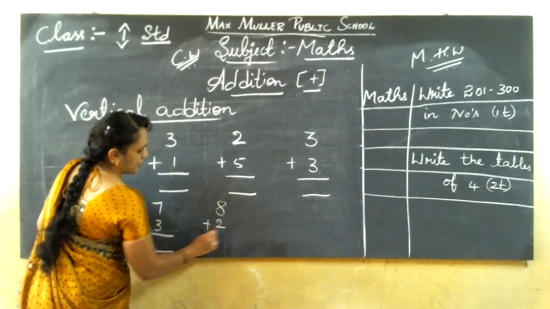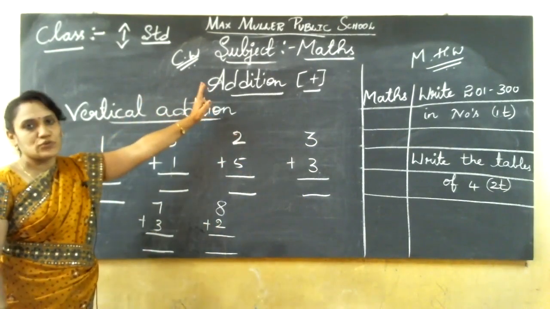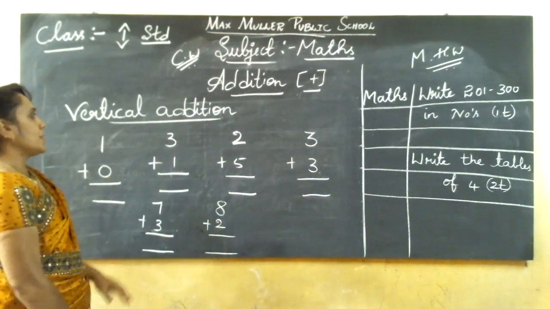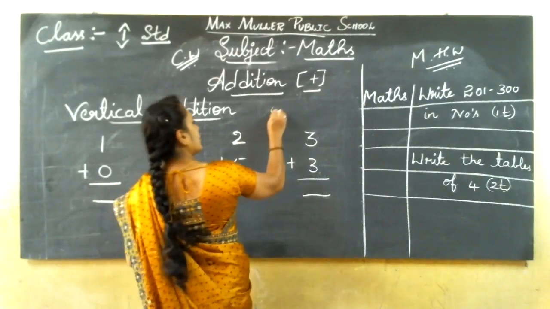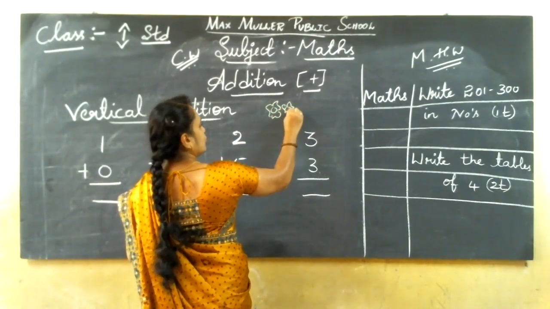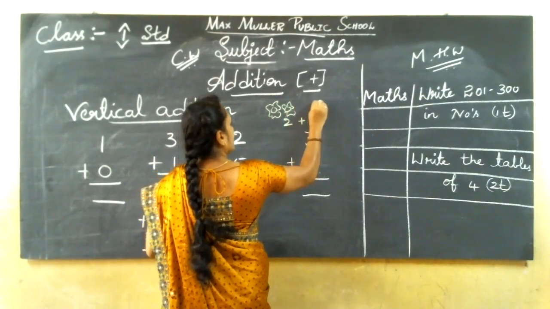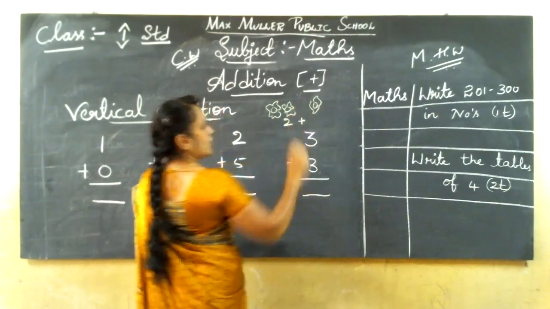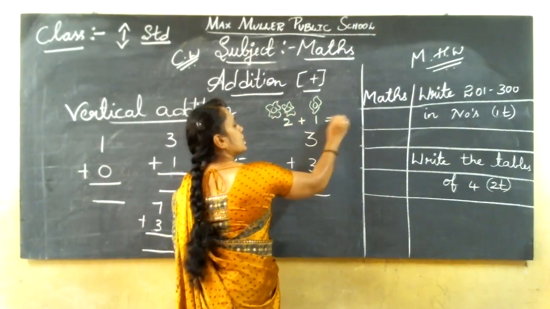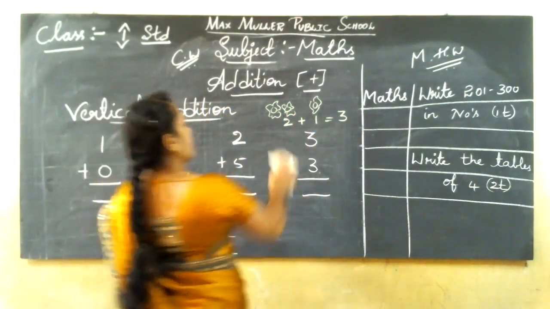I'll explain now. So now you understood which symbol you'll use for addition. What do you mean by addition? Addition means putting things together. For example, when I explain the textbook, you'll understand well. 2 flowers are there, plus 1 flower here. 2 plus 1, how much? 1, 2, 3. 2 plus 1 is 3. Like that, putting things together.